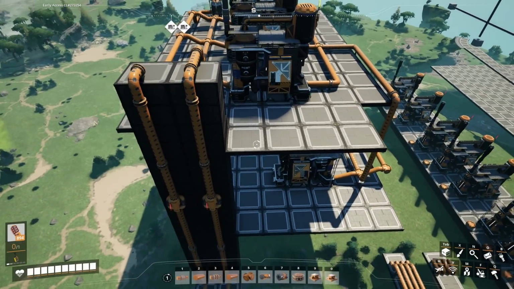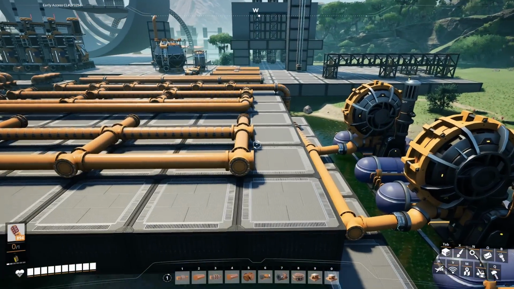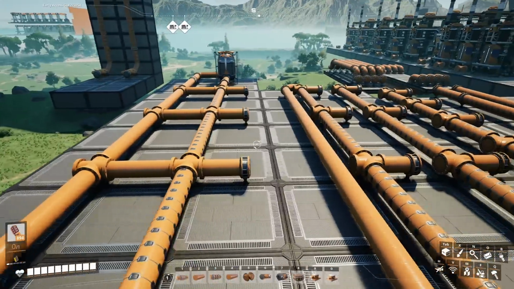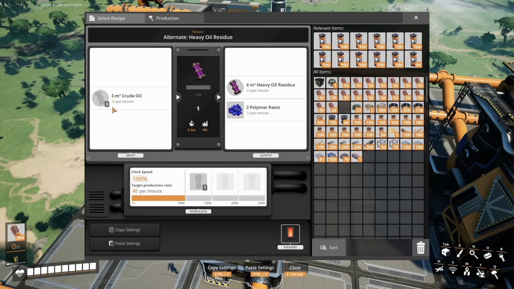So another thing that you can do, very simply, if you're not finding a solution to any of this, is reduce the number of machines. If we look, I've put on a recipe here. This needs 30 crude oil per minute and produces 40 heavy oil residue per minute. Ignore this, this would be sunk or something. This is physical, we're looking at liquids. It creates 40 per minute, which means that this is what we need to look at in terms of how big we make the lines, not the in, the out. So in the out, this means we can fit